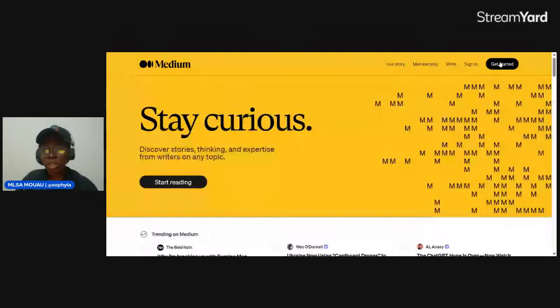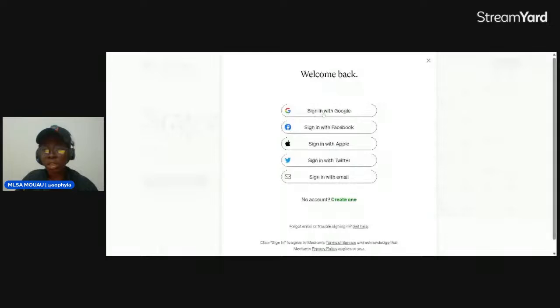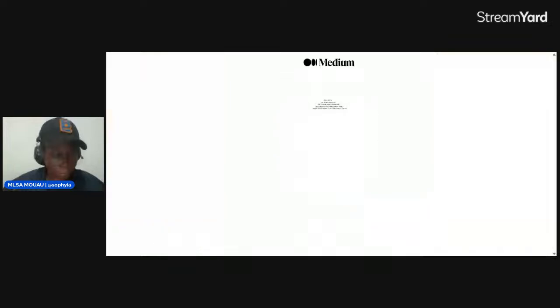Then it gives me the option to sign in with Google, Facebook, Apple, Twitter, or email. I already linked my Google, so I will just click here and sign in with Google. It should take a while.